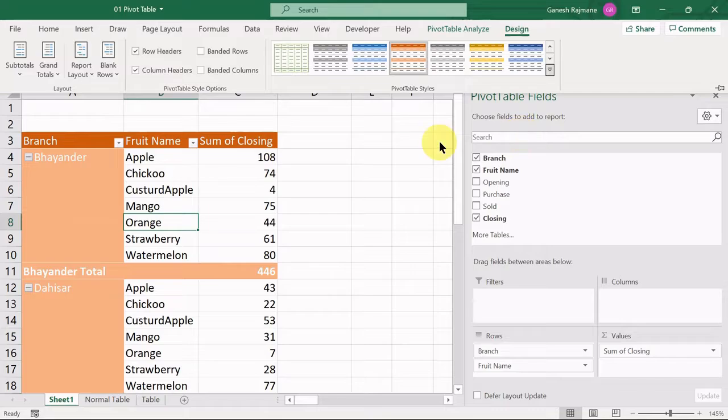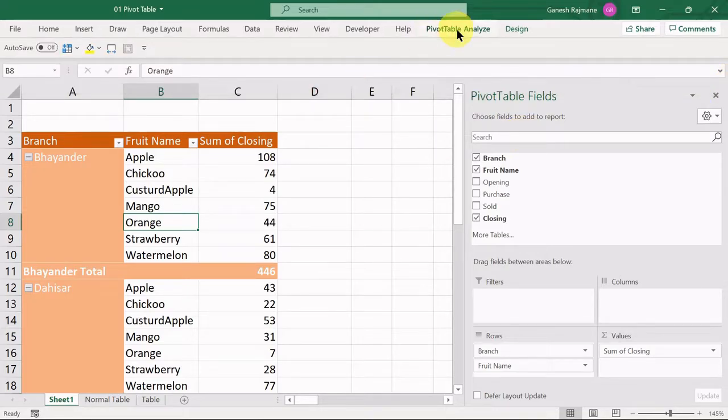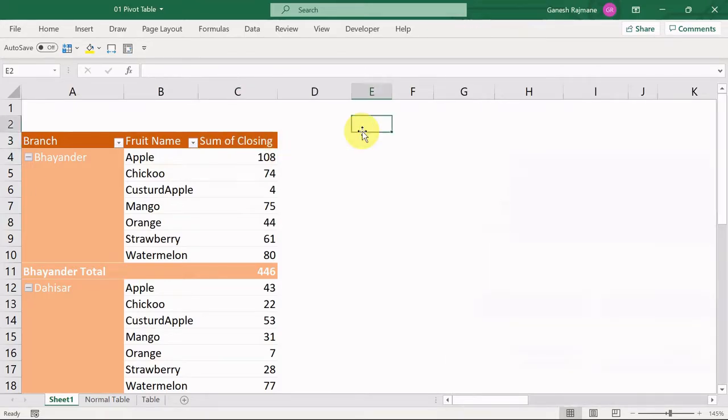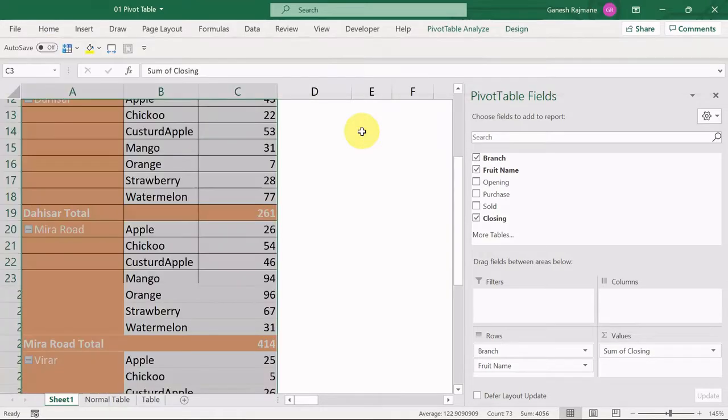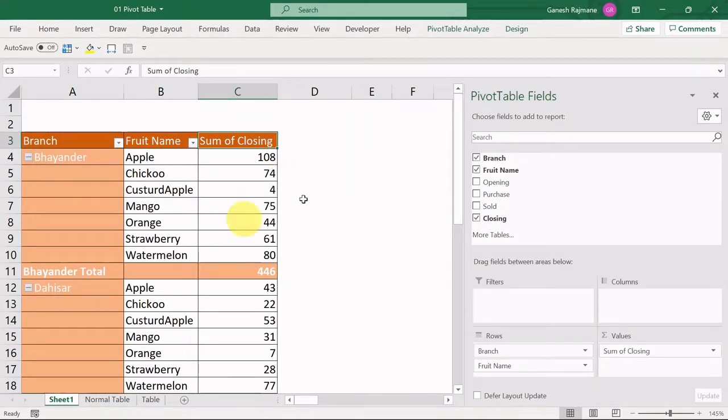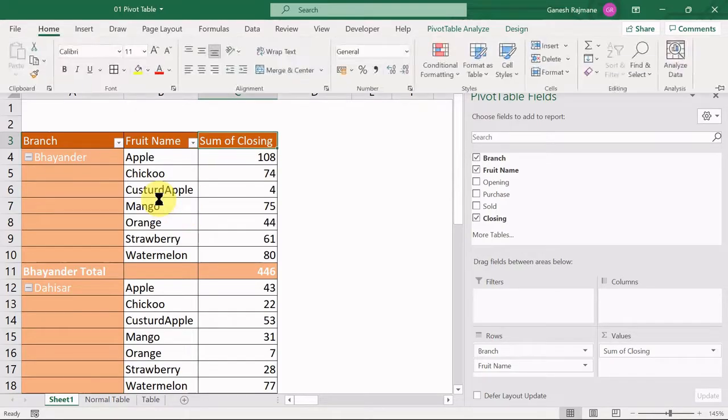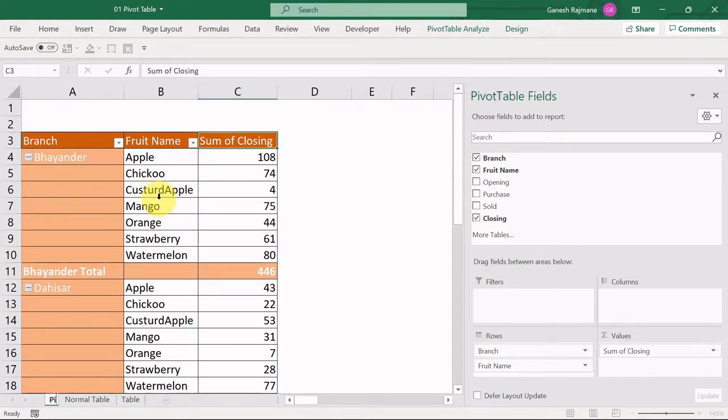Even if you want to present it to somebody, we can hide the grid lines. So we can see that the table looks good if we hide the grid lines, and we can place our borders on the summary. So this is the table. Okay, this is the pivot table which I have inserted, and we can finally rename it here. So I will rename it as pivot table 1. Now this was the normal table in which I have inserted a pivot table.